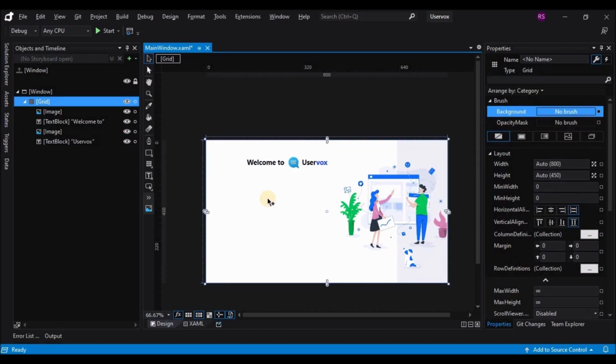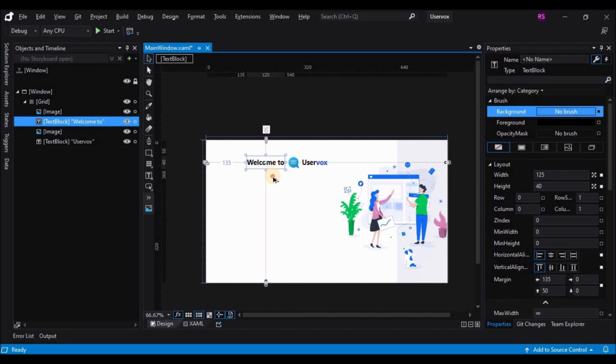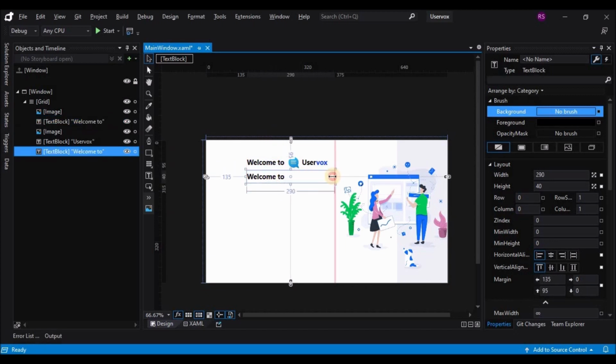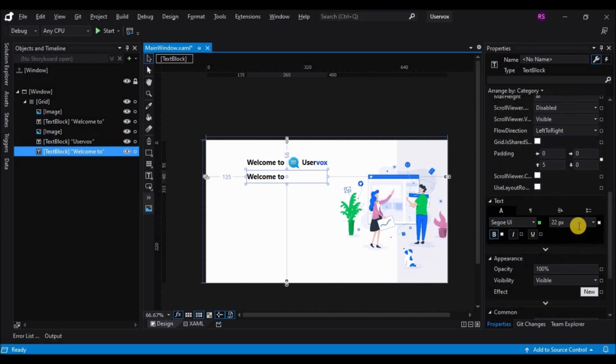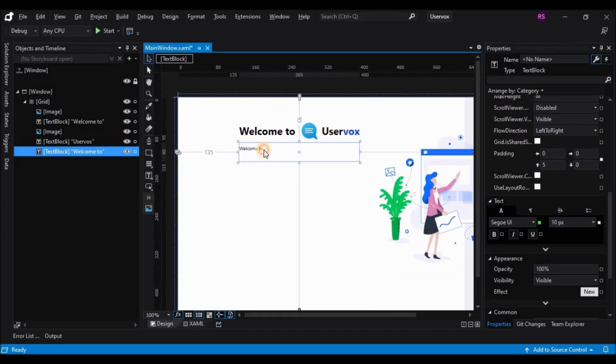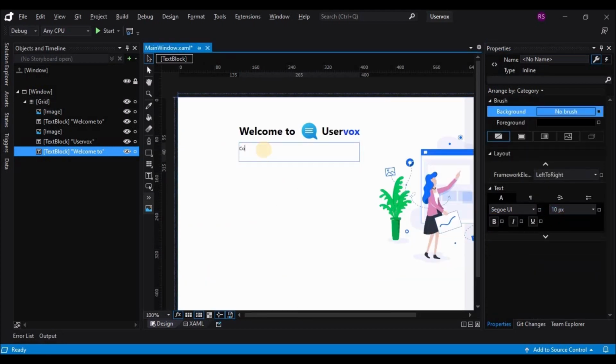Okay, now we need another subtext for this UI. So I have just made a copy of the existing text block and I'm changing the font size and the font weight for it. Let's add some text,